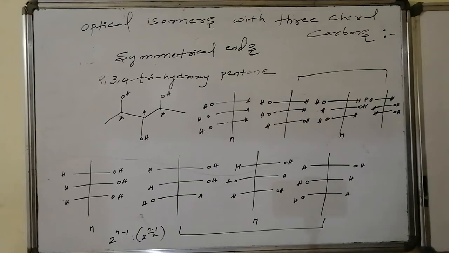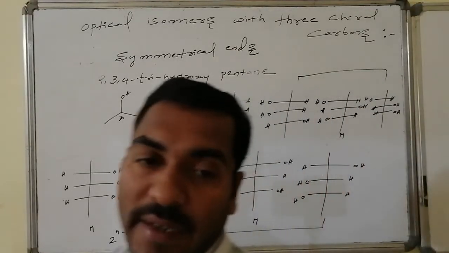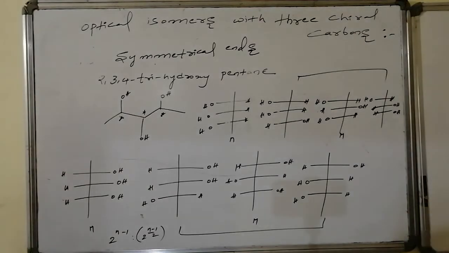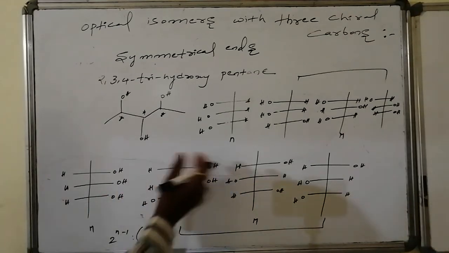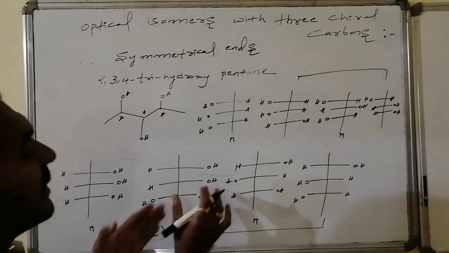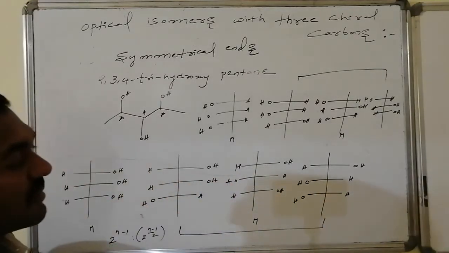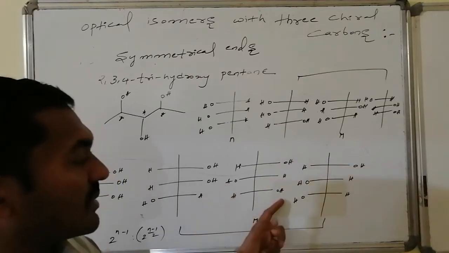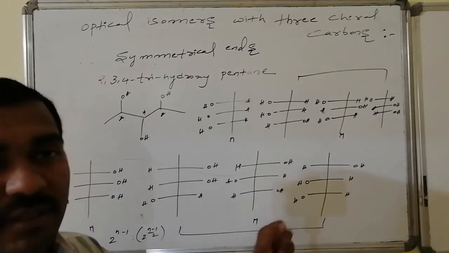All varieties, all stereoisomers I am expecting. Second, third, fourth: 3 carbons are chiral carbons. So therefore 3 OHs are there in the Fischer representation. I wrote 3 towards the right side, 2 towards the right side, followed by the last one towards the left, and the variation comes for the second carbon. The second carbon's OH is written towards the left, followed by the third being right, left, followed by the third also